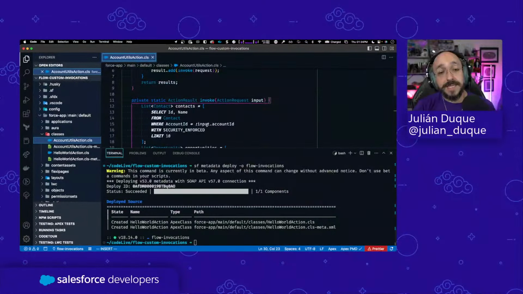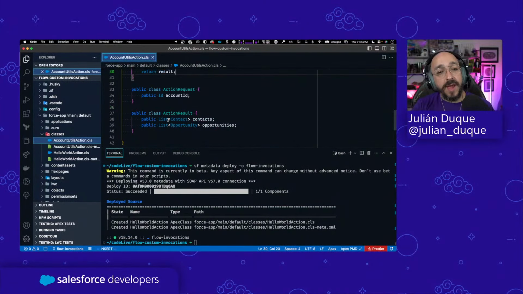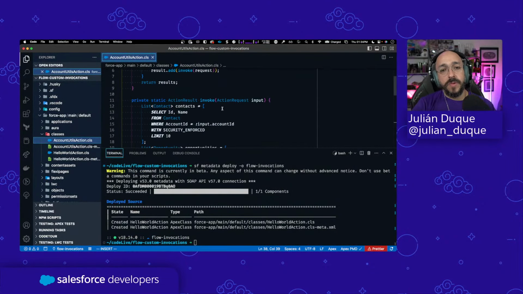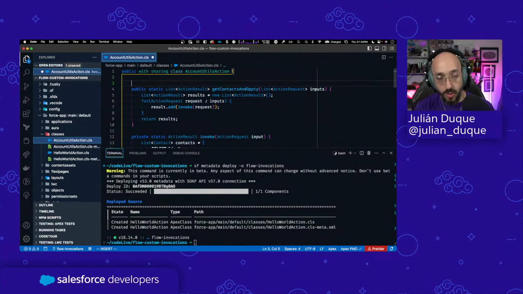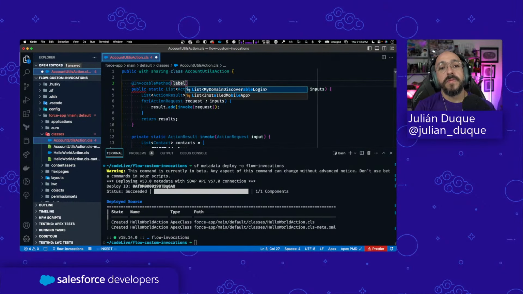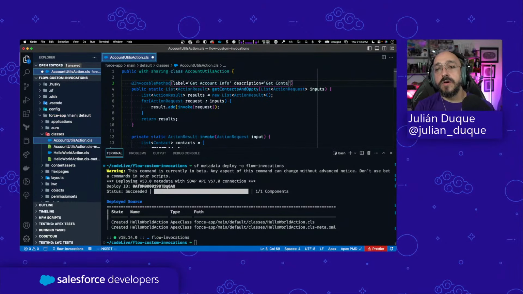But we will see in this case, when we have a list within a list, that these values here can be assigned to a collection. And we will see how in a moment. Okay. What we need here is to expose this as an invocable method. And this is get account info. Let me add a description. Get contacts and